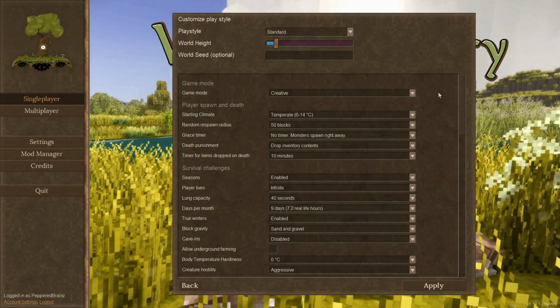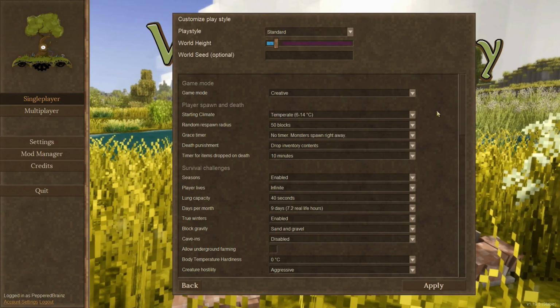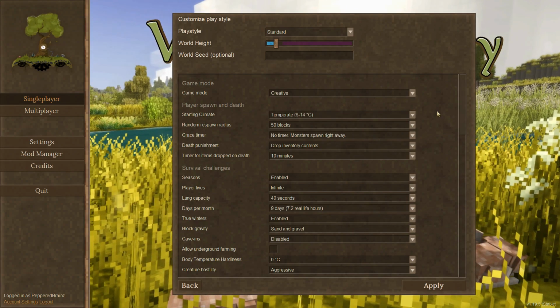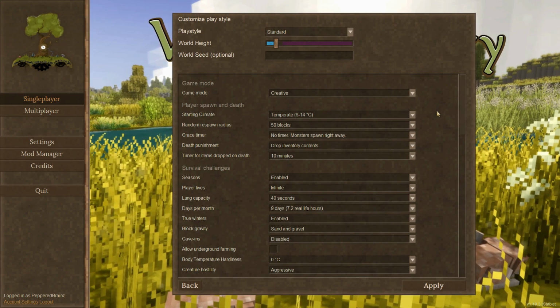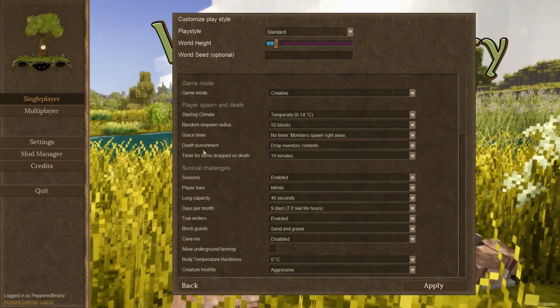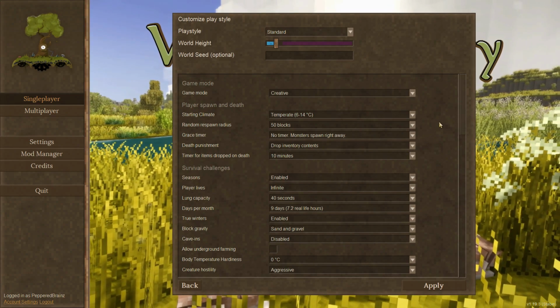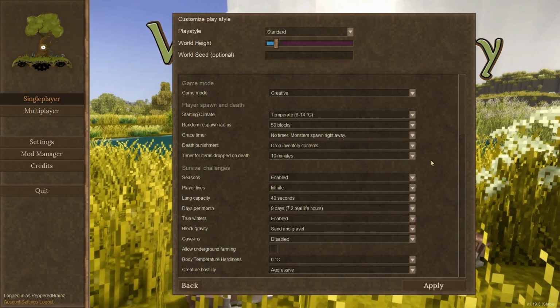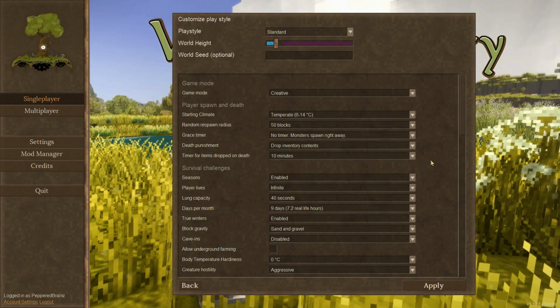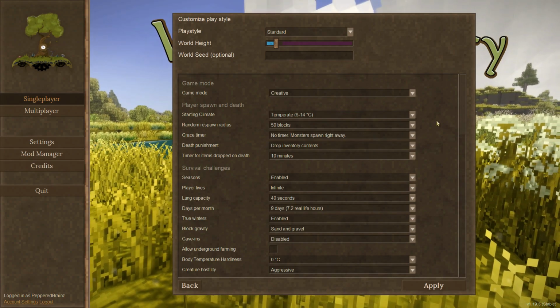Hello, everyone. So, there's been some interest in how I created the water world, so I figured I would just make a quick little video on the settings that I changed and kind of going over some of what I know about it. I'm not an expert on all the settings, and you can do this on completely vanilla, so you don't need any mods. The mods I have in Water World are just more for theme or challenge,